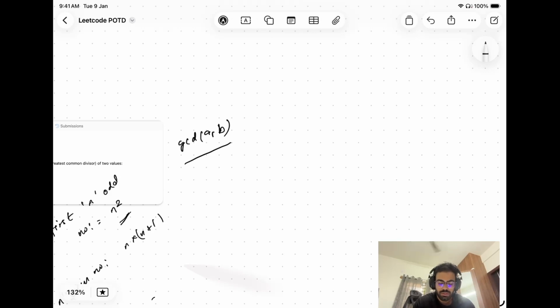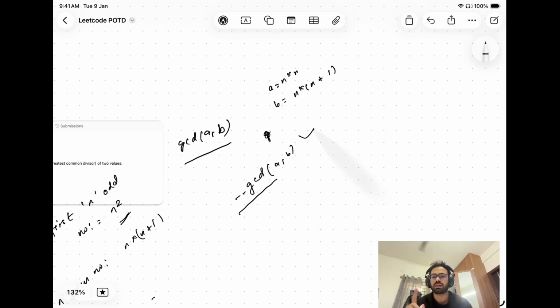Okay, so now we have to tell the GCD of these two numbers, right? So our a equals to what? n cross n. b equals to what? n into n plus 1. Now see, डायरेक्ट लाइब्रेरी फंक्शन यूज करो, एक लाइन में हो जाएगा। यू जस्ट से जीसीडी ऑफ ए कोमा बी, राइट? हो गया, वन लाइनर खत्म।